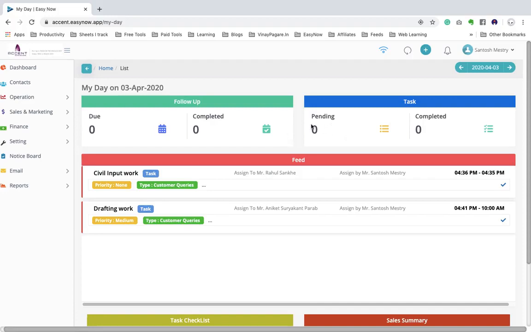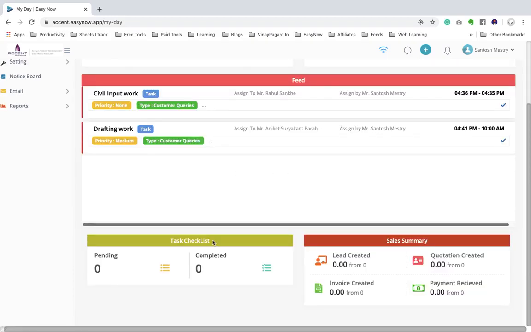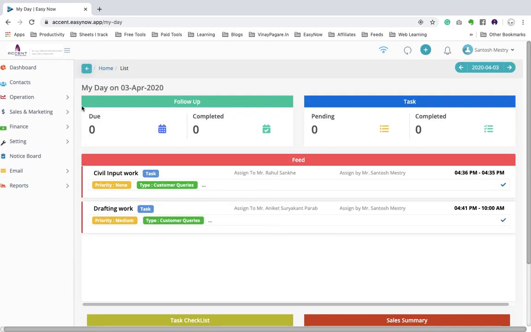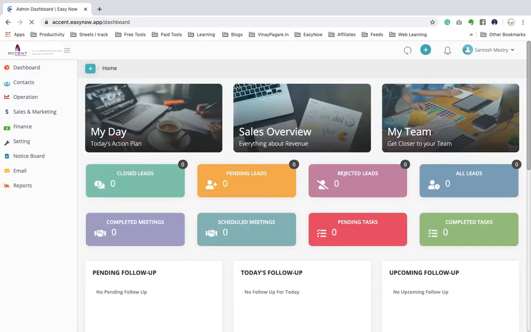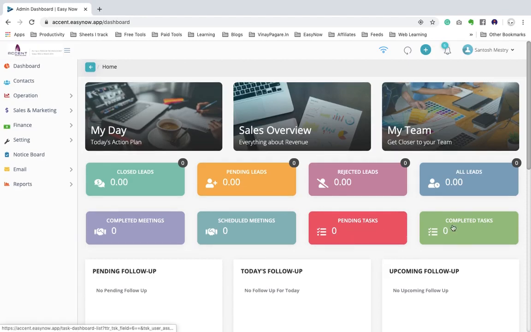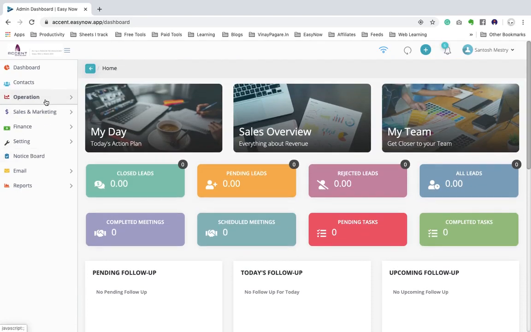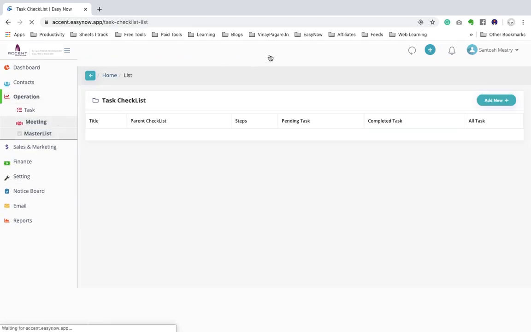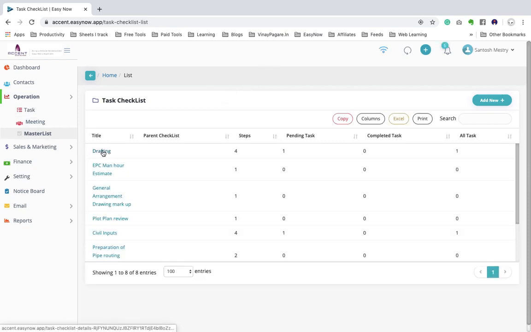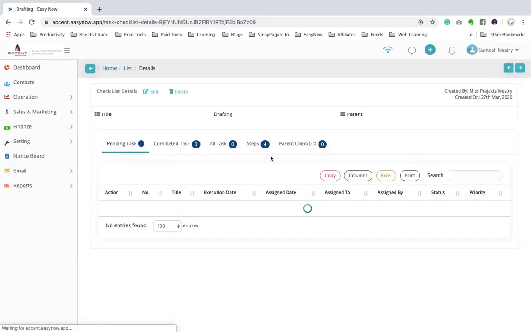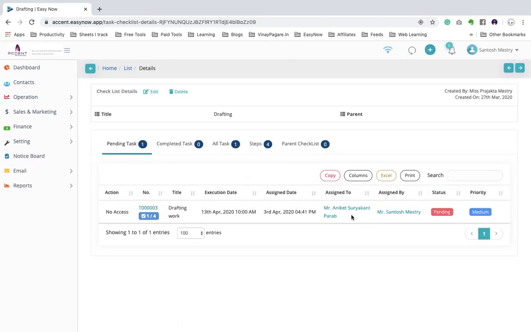If you have any pending tasks, they will appear here, and the tasks that you complete will appear here. Same with checklist. Also on your dashboard, you will see pending tasks here, completed tasks here. So that's it. Now if you want to see the master list, and see how many drafting works are pending, you go to the drafting and you will see all the drafting work here.